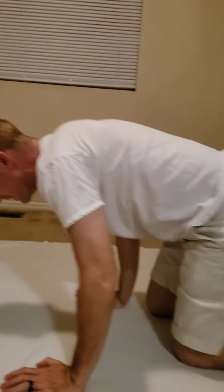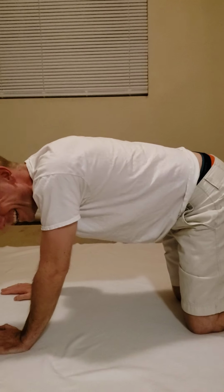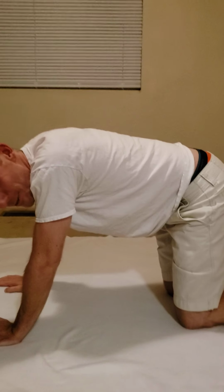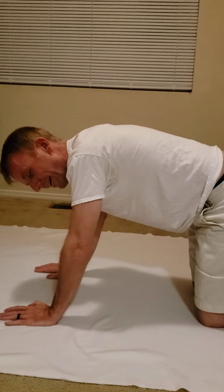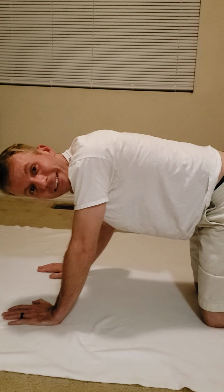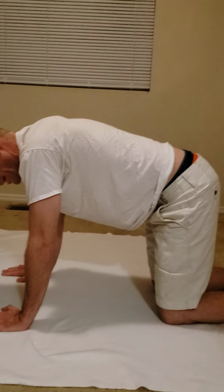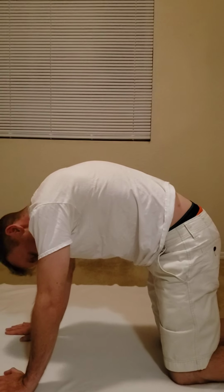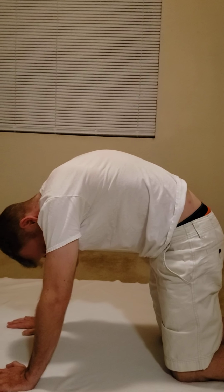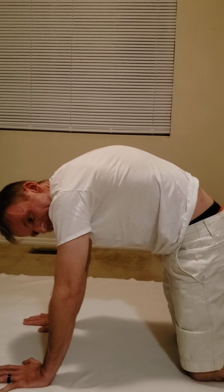The next one that I'm going to do is a great yoga pose, right? It's a little silly. But when I taught yoga, I made sure that this one was in every class that I did because of how important it is, all right? Cat and cow. All right, you start with cat by pushing your palms into the floor, and I'm going to push my spine up towards the ceiling. Drop your head and relax. Push my spine up towards the ceiling. I'm pushing my hands away from the ground,